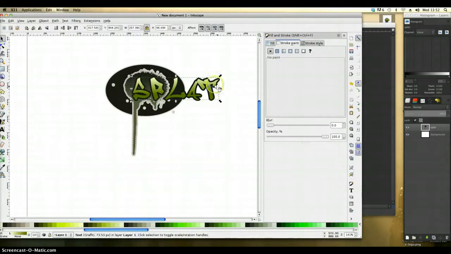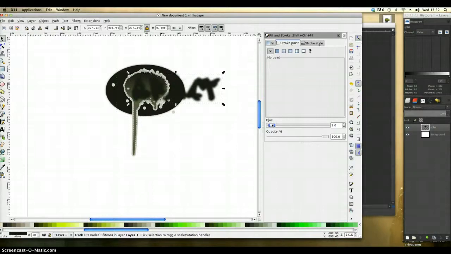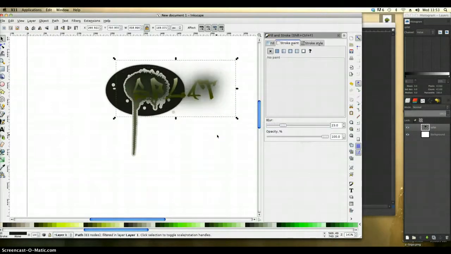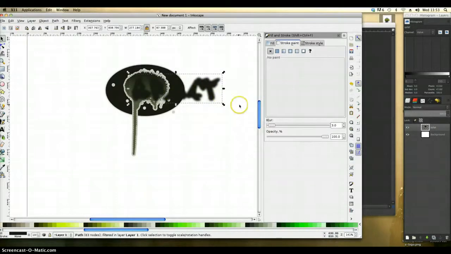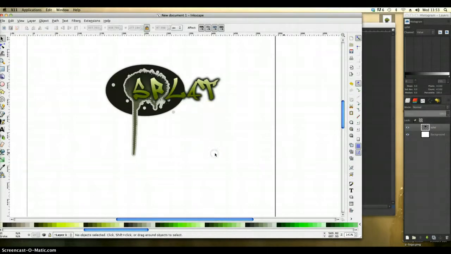You could also, I mean, this is just an additional thing, if you hit page down, select the top word, and then hit this back layer, and if you've got your stroke dialog box up, you can hit the blur tool, and that will give it even more of a sort of spray painty effect. Don't go too far, because obviously you won't be able to see it at all, but if I bring it down to about there and then go page down, oh, excuse me, so click off of it first, and then select that, close your dialog box and go page down. That then puts it behind